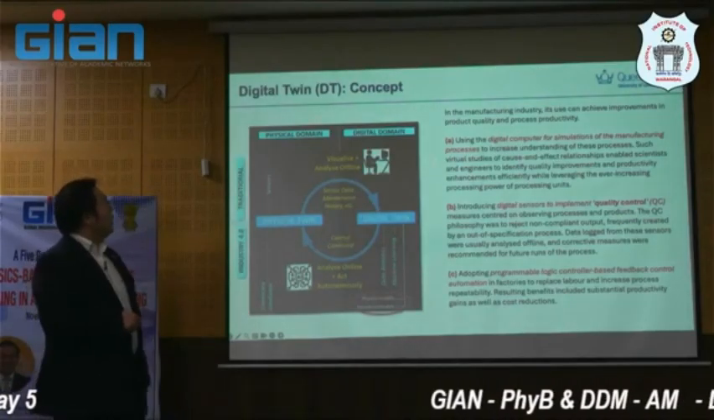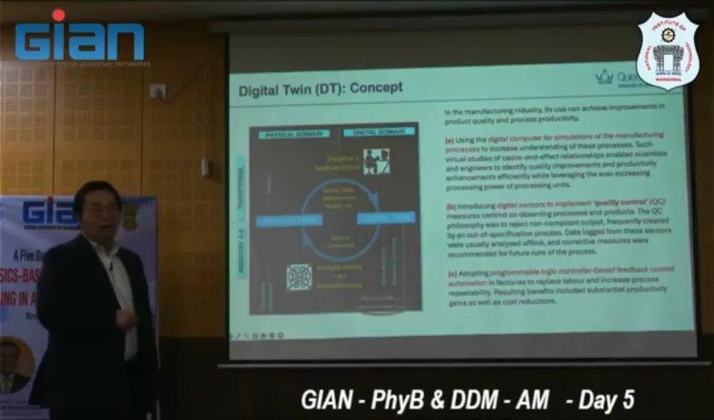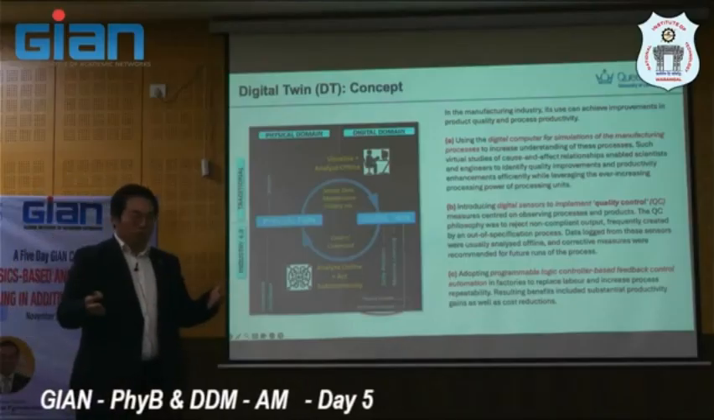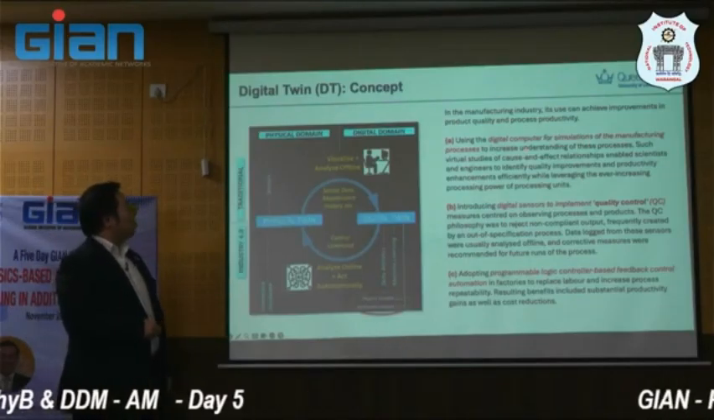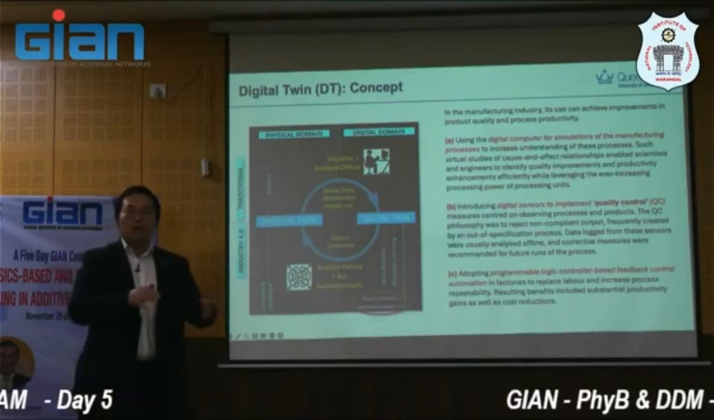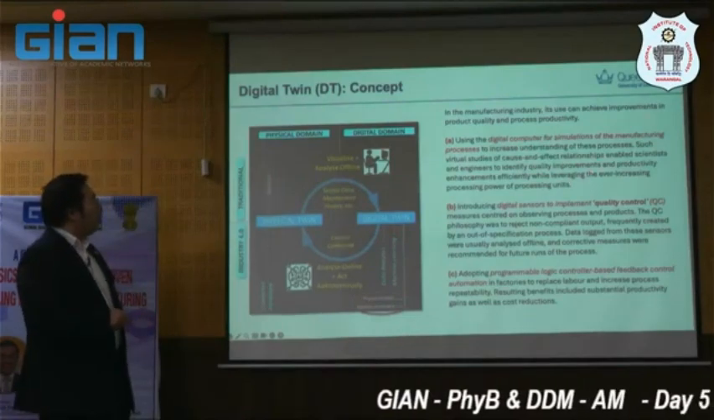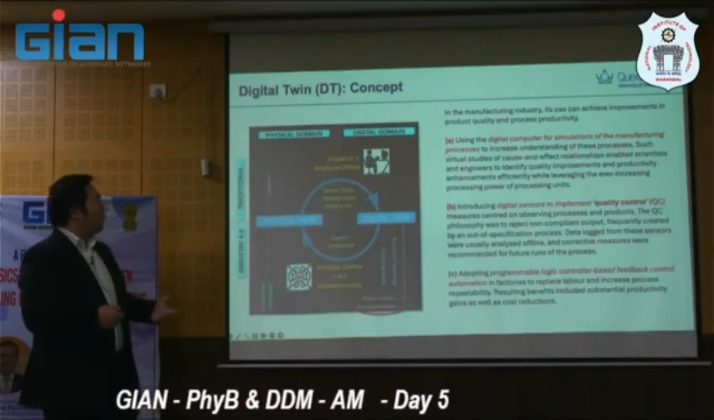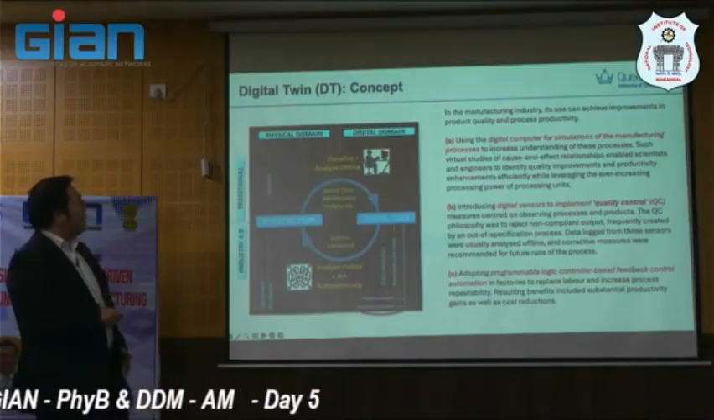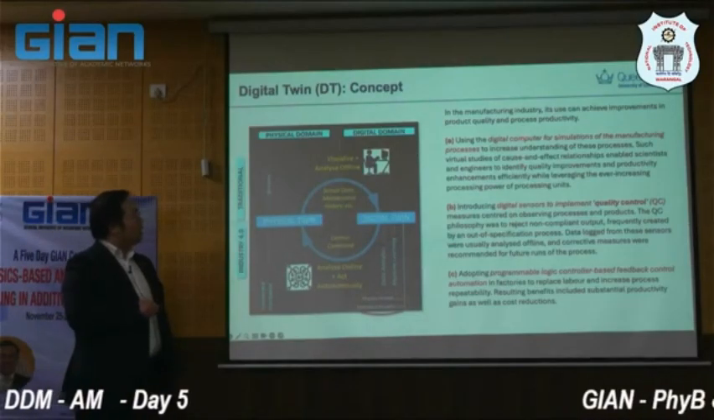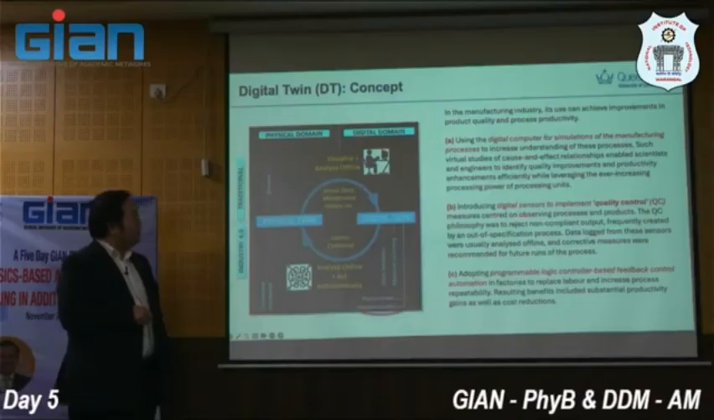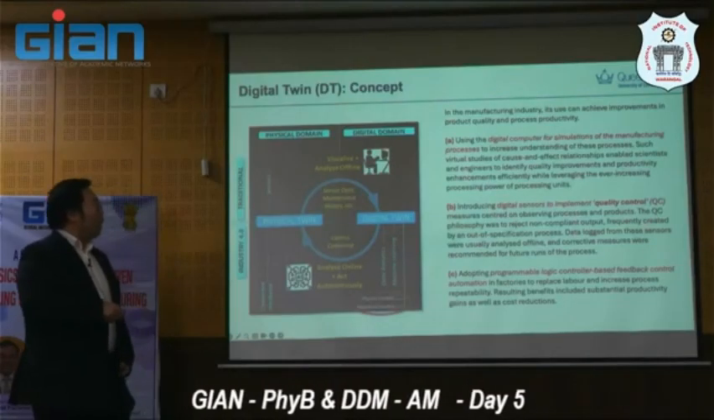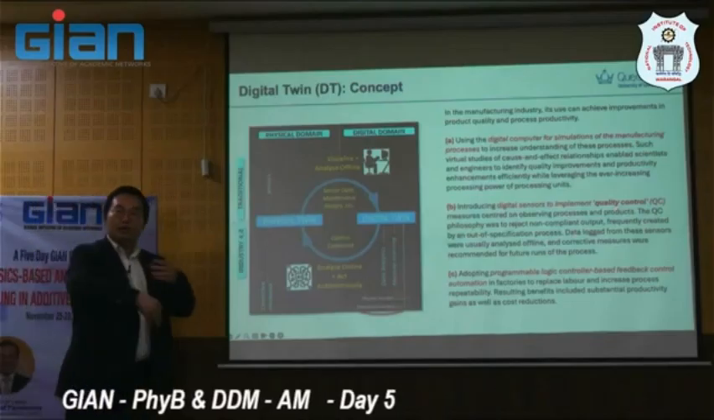So using digital twin here means you use the digital computer for simulation of the manufacturing process. This will need an understanding of the process, because the causal relationship will enable us to improve the quality of the product that we need. And another aspect is we need to use not only digital computers, but also digital sensors to implement digital control, because this will generate some data for us to feed into the